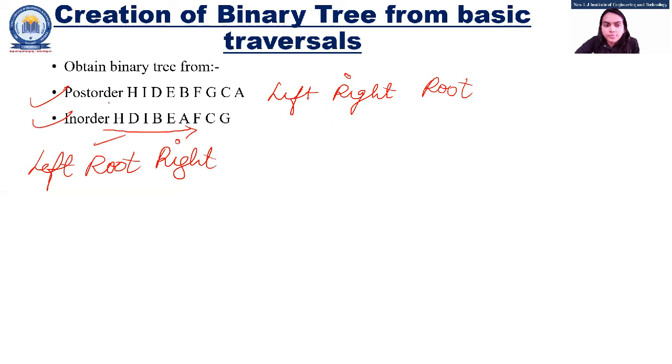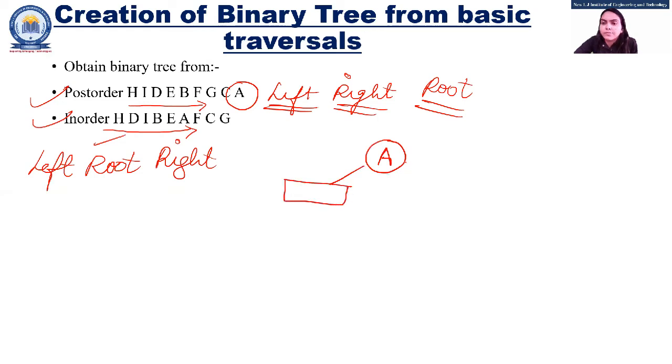Now see students, if this is the given sequence and we know that post order is left, right and root, what is the root here? The last one. So A is the root. So by default, A is the root and this A would be having something on the left subtree and few other sequence in the right subtree. So what are these sequence? How we will get it?